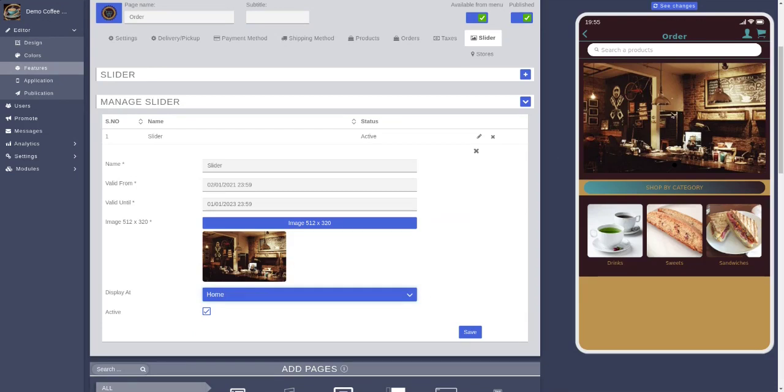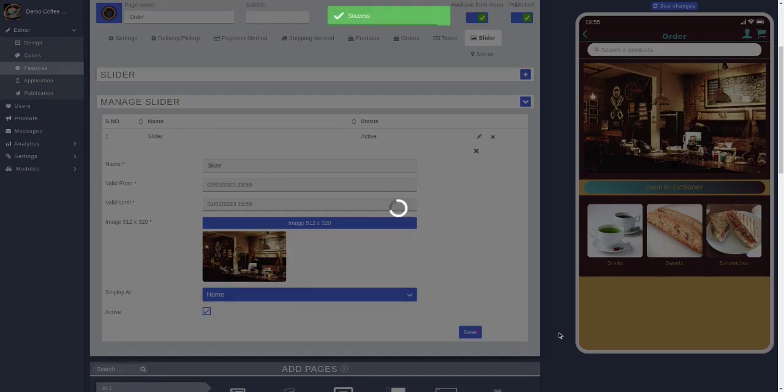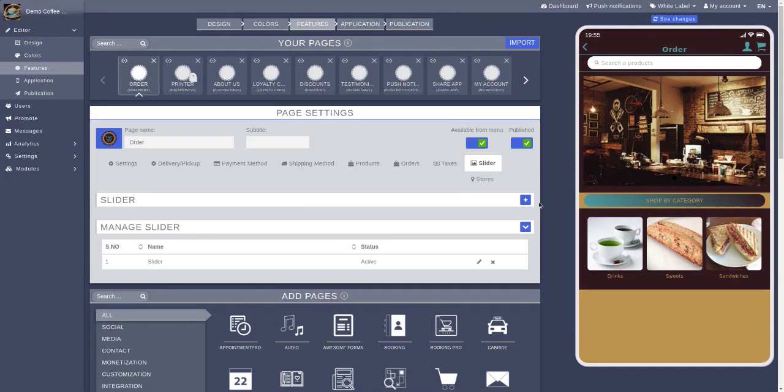But I'm going to leave this on home, and that's where this is right now. And then you can make it active and, of course, save it. So at this point, we've gone through all of the options that we have in the main section of the editor. And when we click to the next section of the editor, that's going to take us to a new